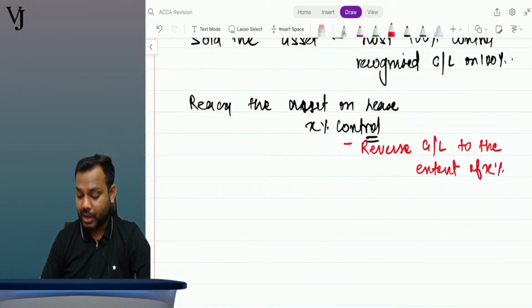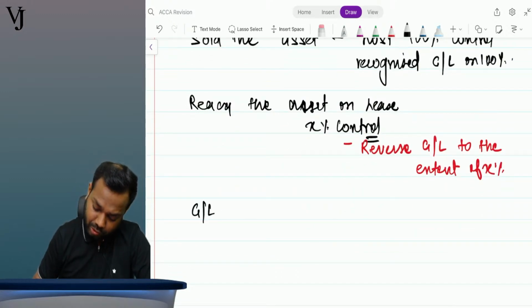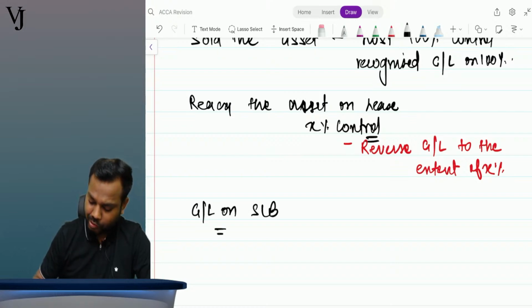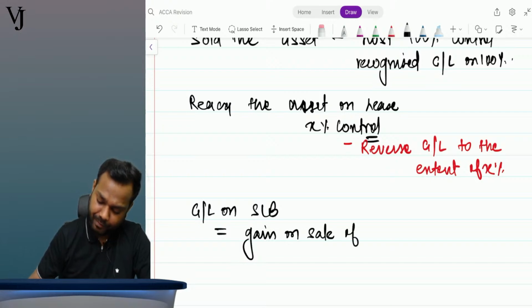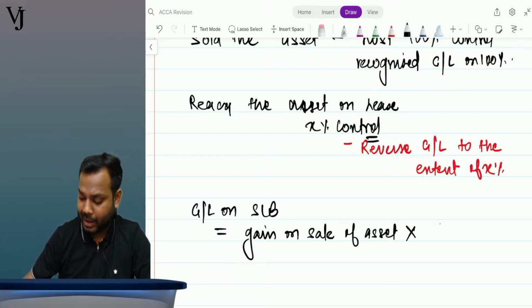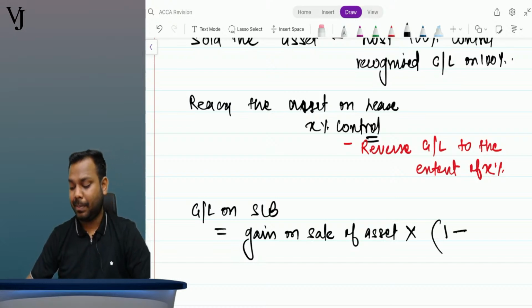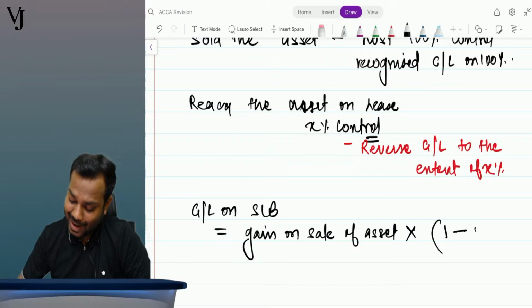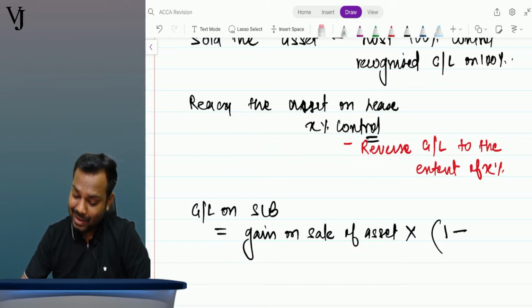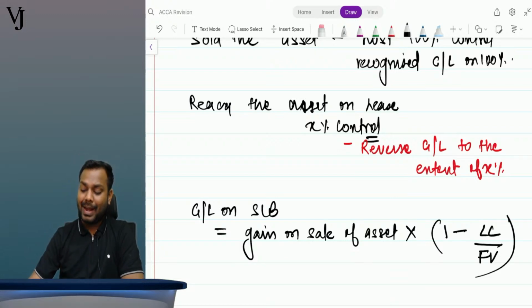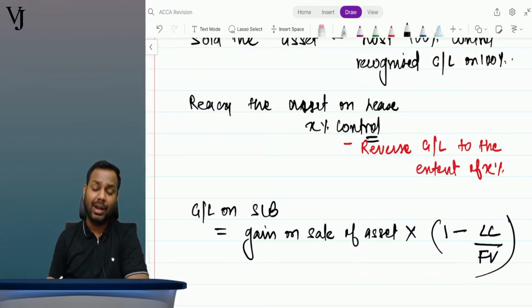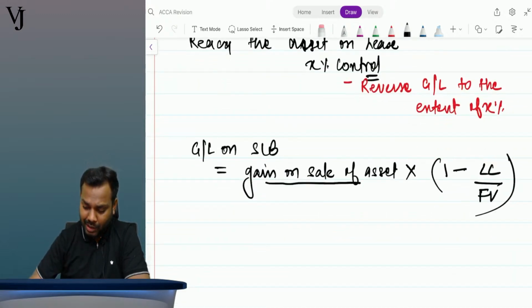Right now. Okay, so what is your gain or loss on sale and leaseback equal to? It is the gain on sale of the asset multiplied by 1 minus X. And what is the value of X? Lease liability divided by fair value of the asset. That is 1 minus control regained. Control regained means 1 minus, meaning thereby, this is the gain or loss